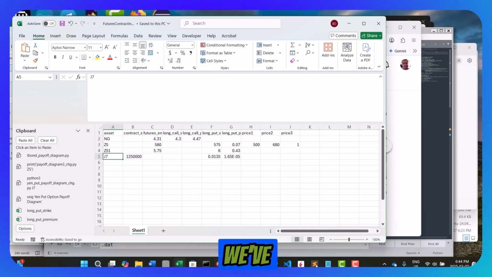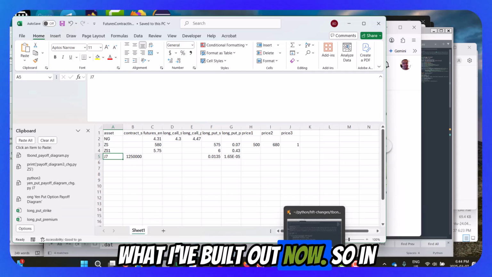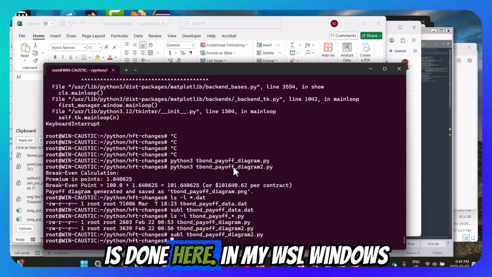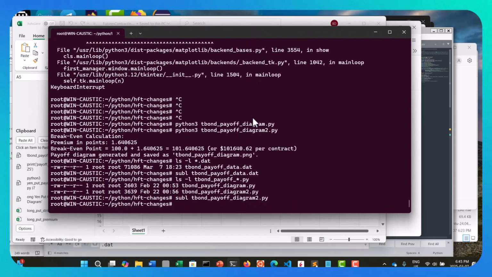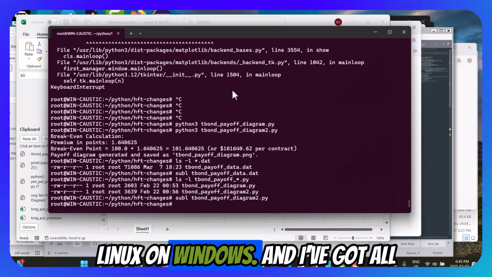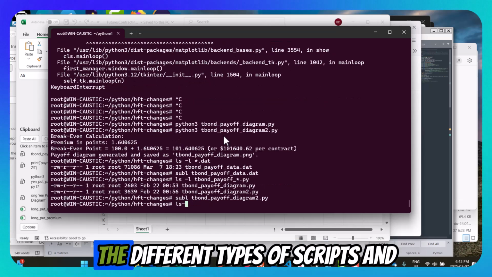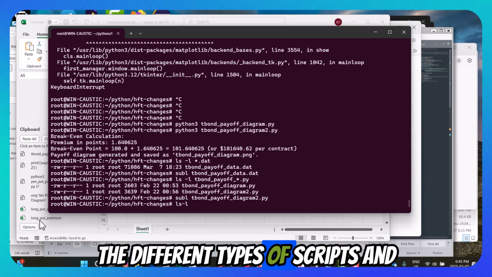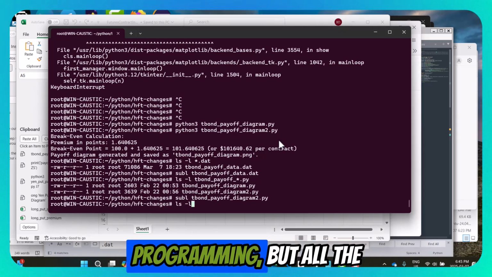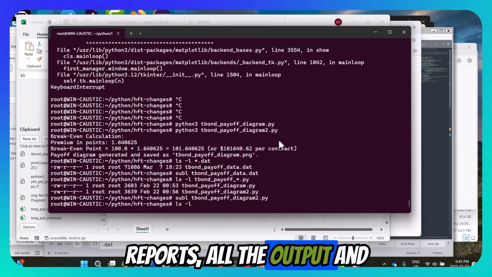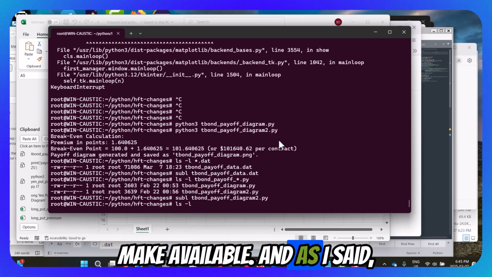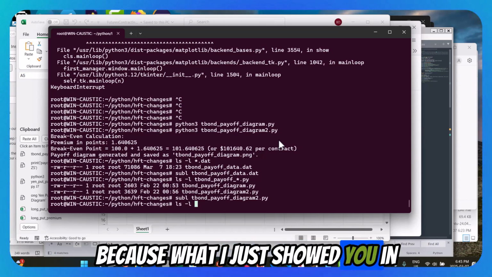So let me show you what I've built out now. Everything is done here in my WSL, Windows Subsystem for Linux, on Windows. And I've got all the different types of scripts I wrote, and I'm not going to release this to people at all. It's my own programming, but all the reports, all the output and images and charts that I generate, I'll make available. And as I said, because of what I just showed you in the prior video,